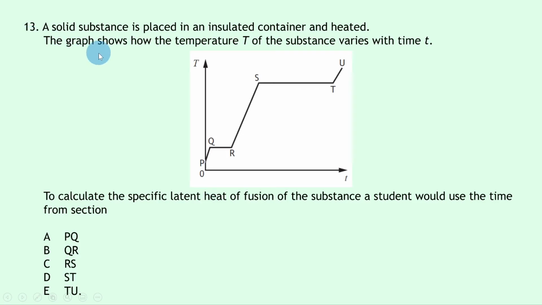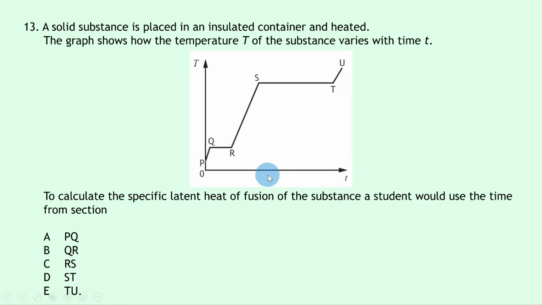Question 13 says a solid substance is placed in an insulated container and heated. The graph shows how the temperature T of the substance varies with time T. So we've got temperature on the y-axis against time on the x-axis. It then says to calculate the specific latent heat of fusion of the substance, a student would use the time